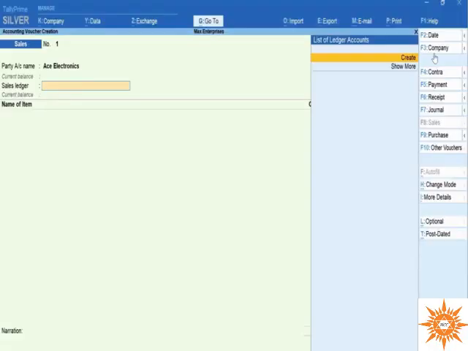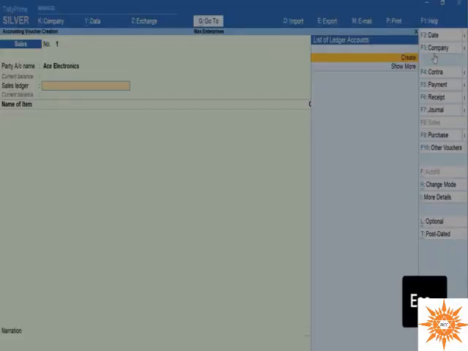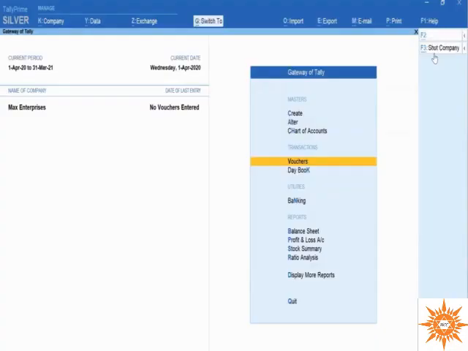The ledgers now appear in the transaction. This is so flexible that you can start recording the invoice in a few minutes right after installing Tally Prime, even without setting up your chart of accounts. Press Escape to come back to Gateway of Tally.